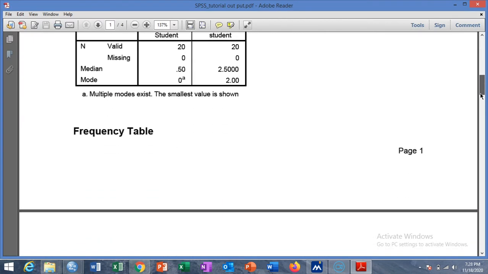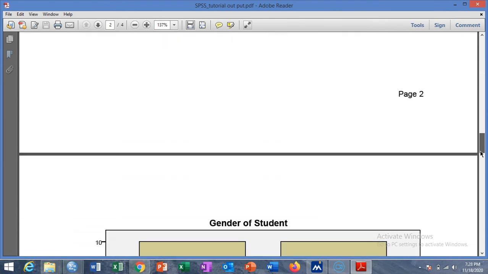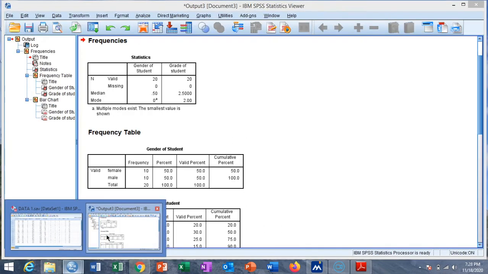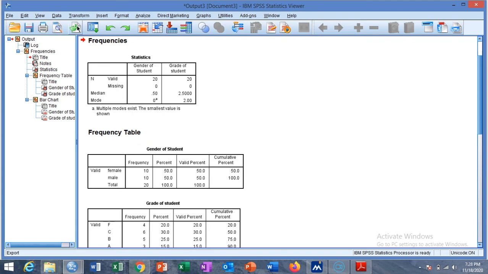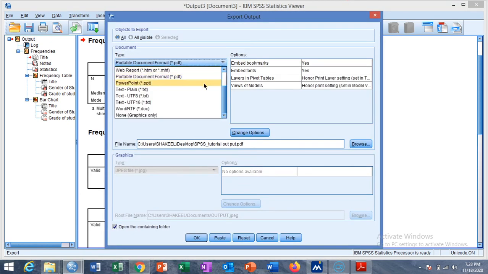This is your output in PDF format. These are the tables and these are the charts. And next we want to convert our output to the PowerPoint. You can use the same option.